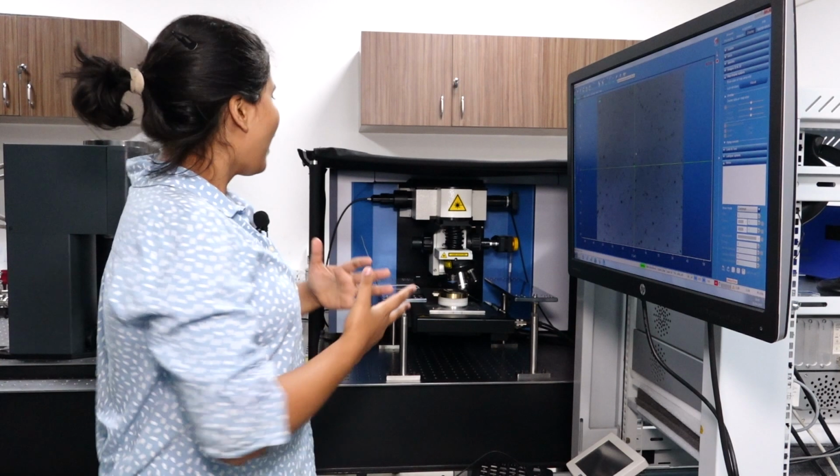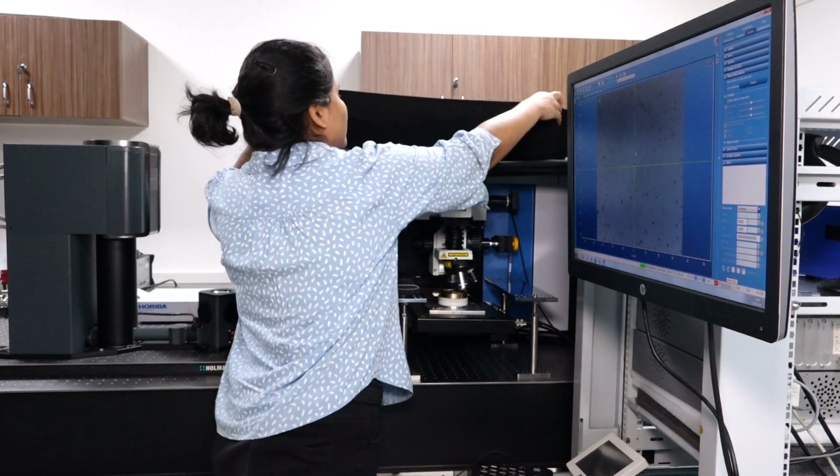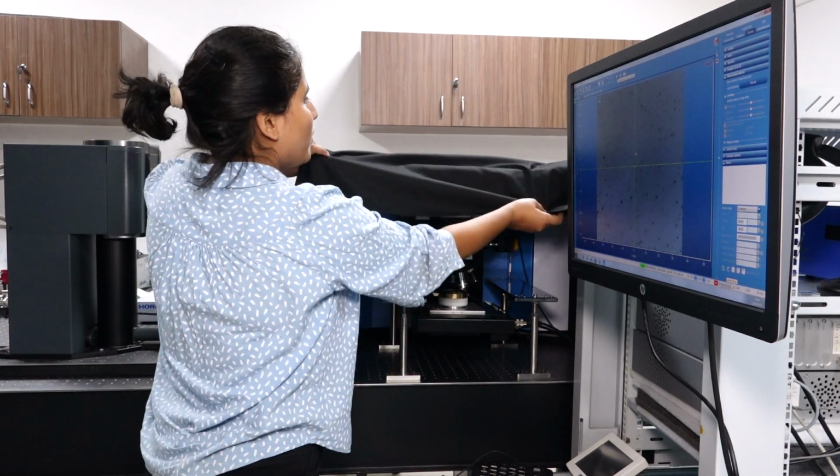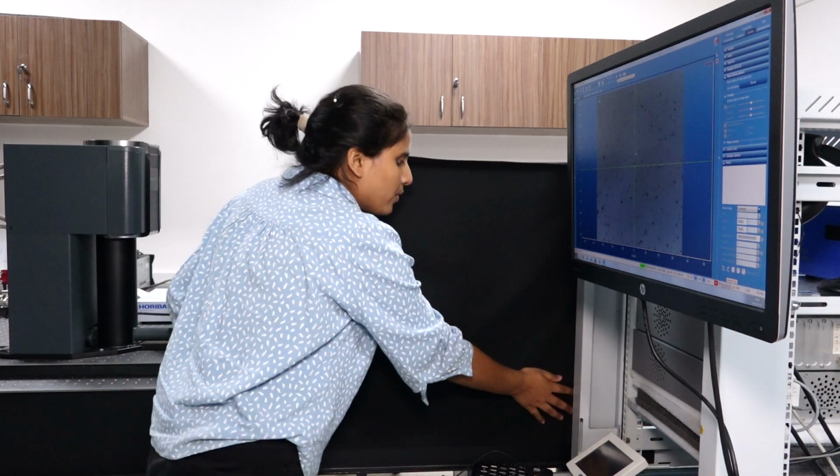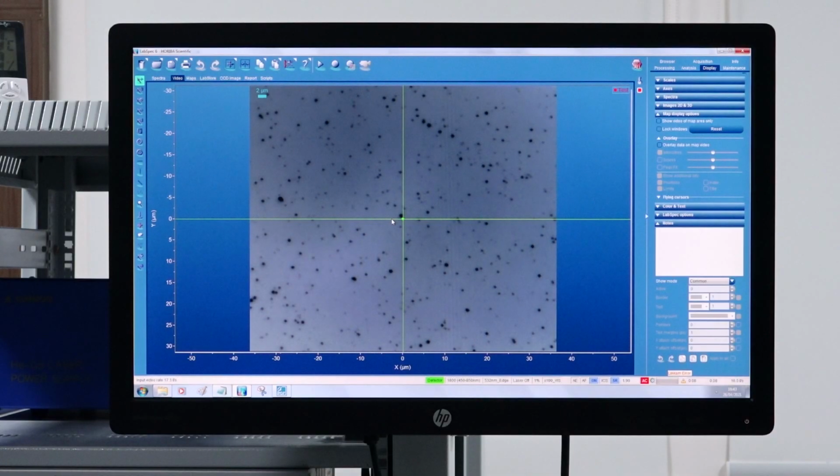So now that the focusing is done using the 50x objective, I will pull down this dark curtain. This ensures that there are no stray lights that affect my Raman signal from the sample, and it does not produce some artifacts which are not from actually the silicon sample. One important point: the green laser should only be used after it has stabilized. This can be made sure from the green status LED on the power controller of the laser source. If it is blinking, that means the laser has not stabilized. If it stops blinking, which means the green laser is now ready to be used.